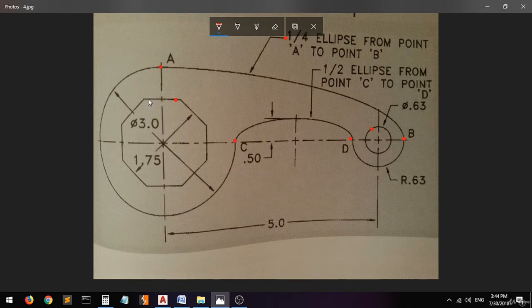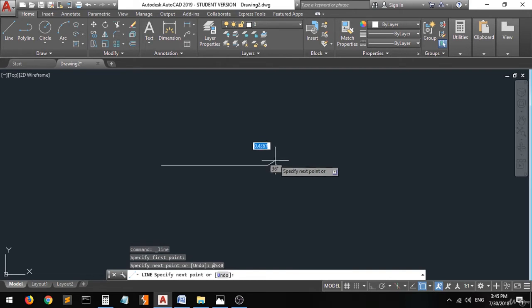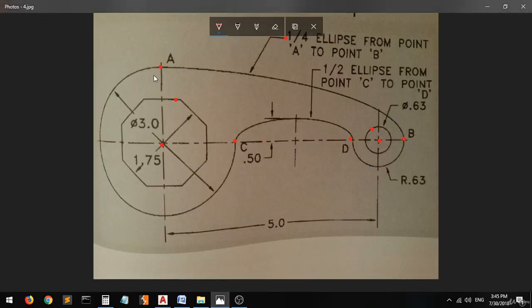Okay, so first of all, let me just draw this guideline from this center to this, which has a dimension of 5 units. Go here, pick the line, select the point at 5 in the direction of 0. There you go. Then we go to the polygon. As you can see, we have this polygon here which has this dimension from one edge to another, and this dimension is